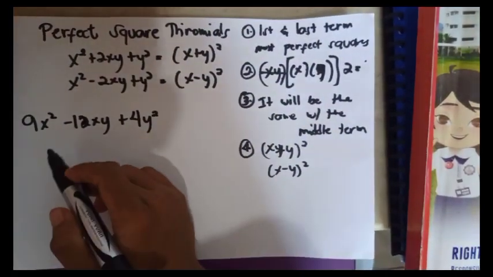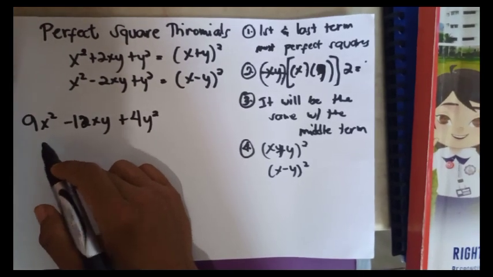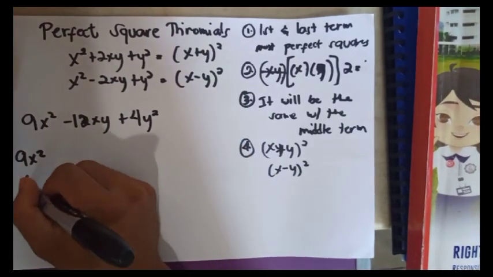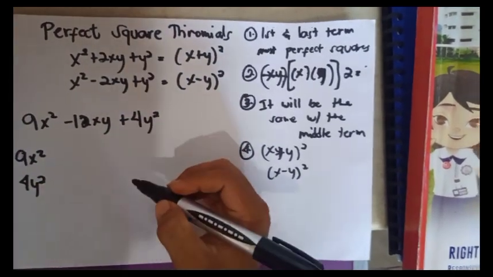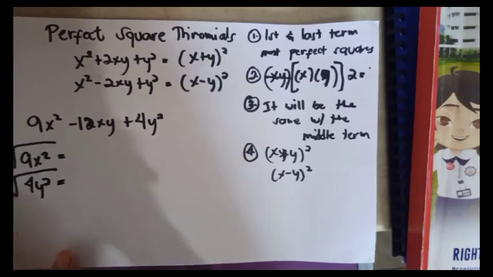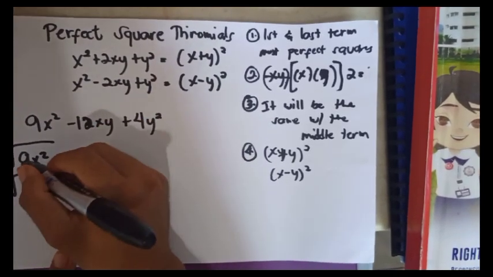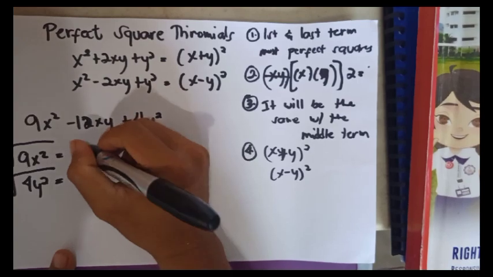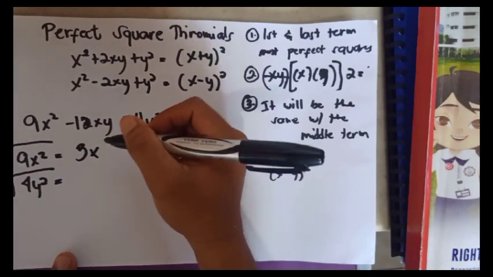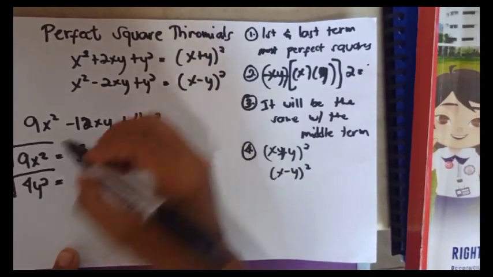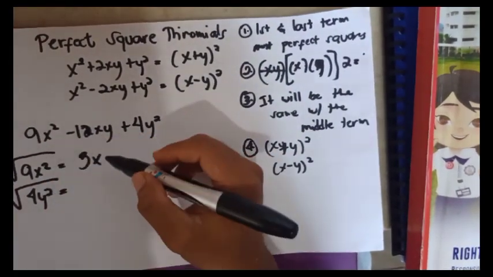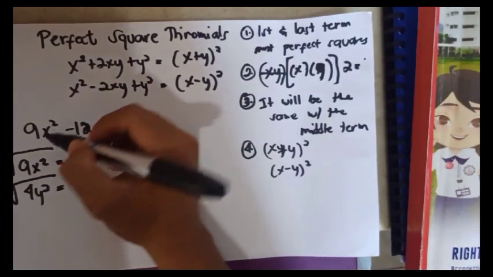Now let's try this one. So what is our first term? It's 9x squared. The last term is 4y squared. Now let's find their square roots. Alright? So let's first find the coefficients. In the first term, what's the square root of 9? It's 3. Square root of x squared is x. Okay? So, since we found the square root of the first term,